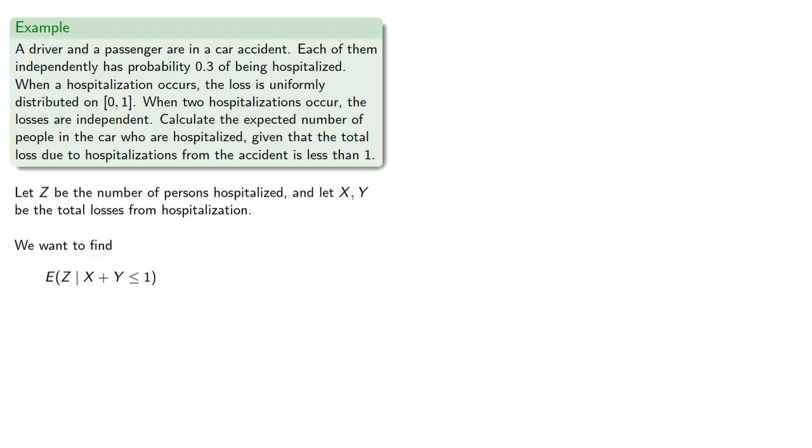So again, z is the number of persons hospitalized, and so we want to find the conditional expectation of z given that x plus y is less than or equal to 1. So either 1 or 2 people are hospitalized, multiplied by the conditional probabilities. And so those conditional probabilities will be